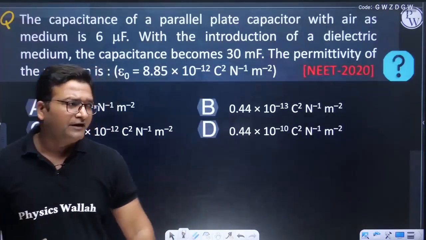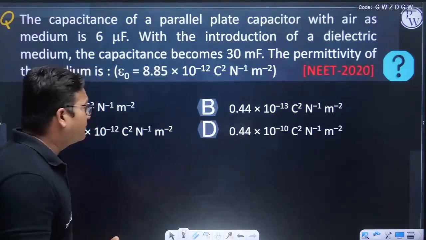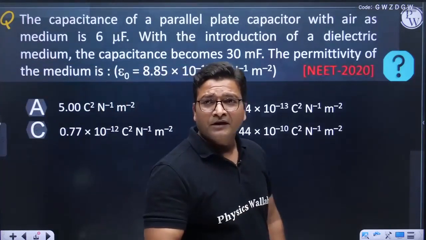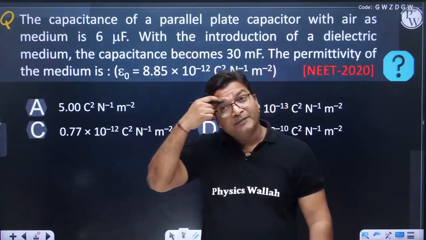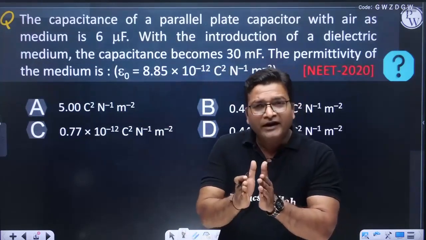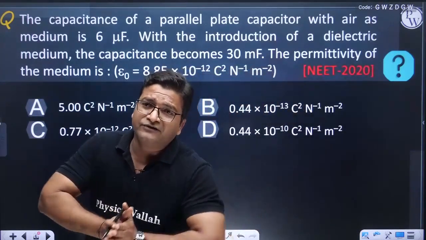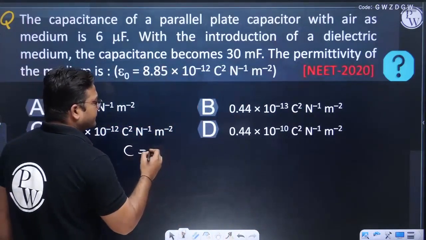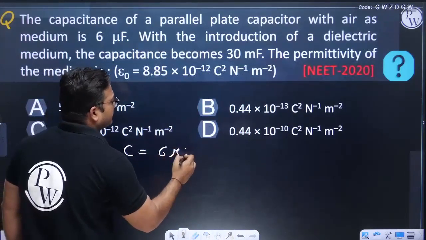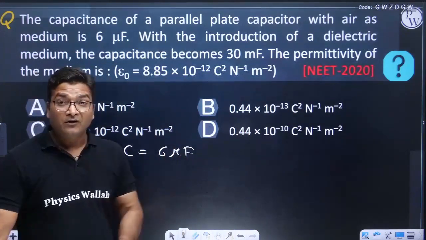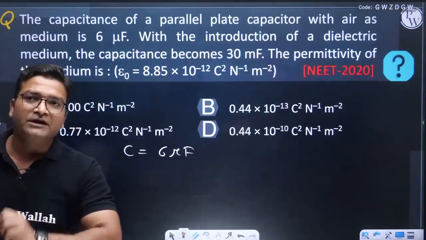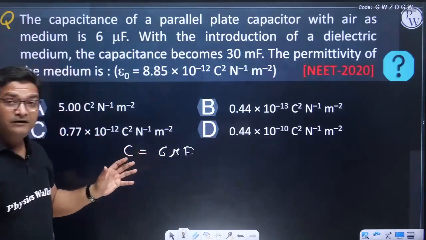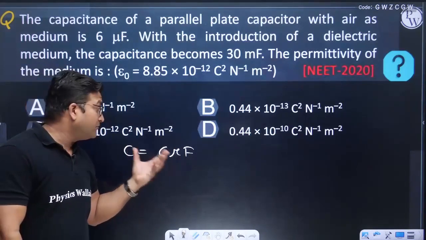So let us solve a few simple problems based on this. In this question we have a parallel plate capacitor, and when air was in it the capacitance was 6 microfarad. So I can say C is 6 microfarad when there was air between the plates. But when we fill in some dielectric medium,